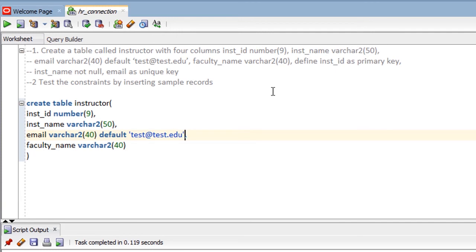Another requirement: define instructor ID as a primary key. So we can put primary key here, and also instructor name not null, and email unique. So here we have a table containing 4 columns and 3 constraints: primary key, not null, and unique key. Primary key ensures uniqueness plus not null, while unique key ensures only uniqueness, but you can use a null value